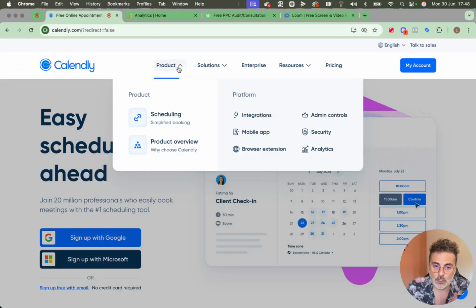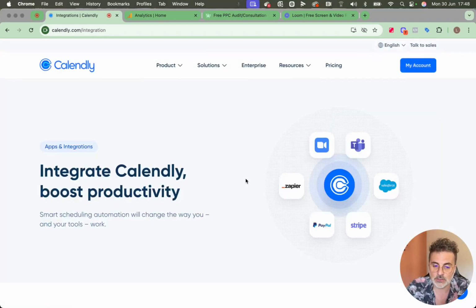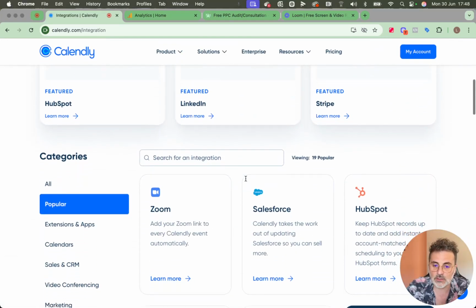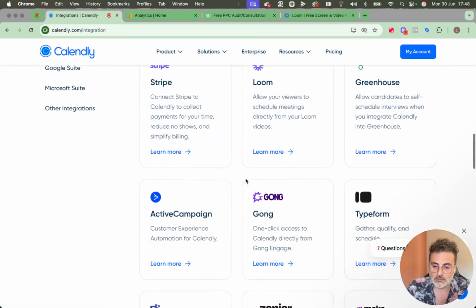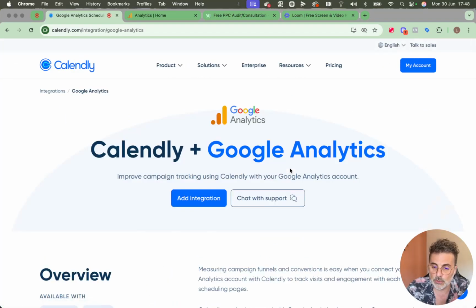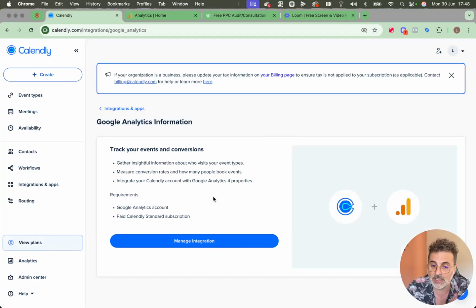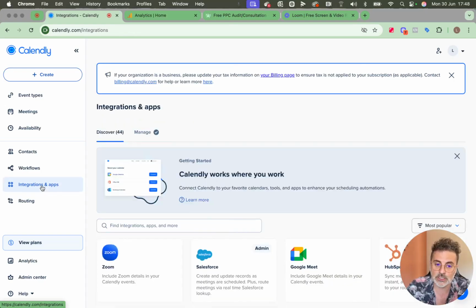and from here you will go inside product, you will click on integration, you will scroll down and you will look for Google Analytics. Then you will click on Google Analytics, you will add the integration. In this case, the integration will then be available in your Calendly account. So at this point, you will find the integration tab on the left-hand side. So what you do is you click on it,